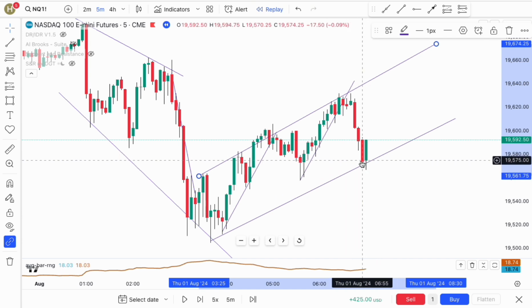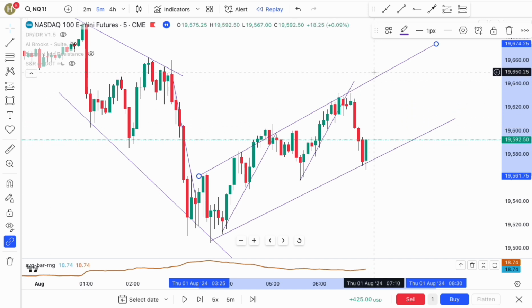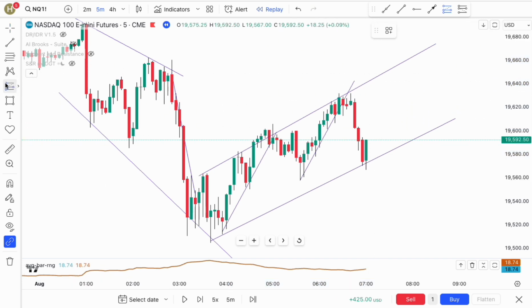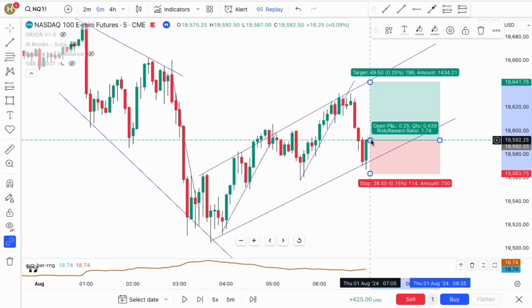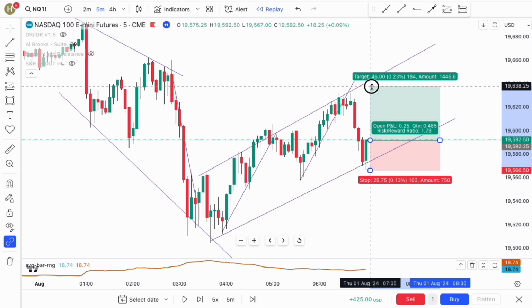We have a double bottom. I mean, they're not exactly a double bottom, but they're within a couple of ticks of each other. So I really like this setup. Now, I don't know that I like the risk to reward ratio, because this is such a big bar and we don't have that far to go up. So I don't know how I feel about that. We're going to see. But I do really, yeah, I mean, that's pretty